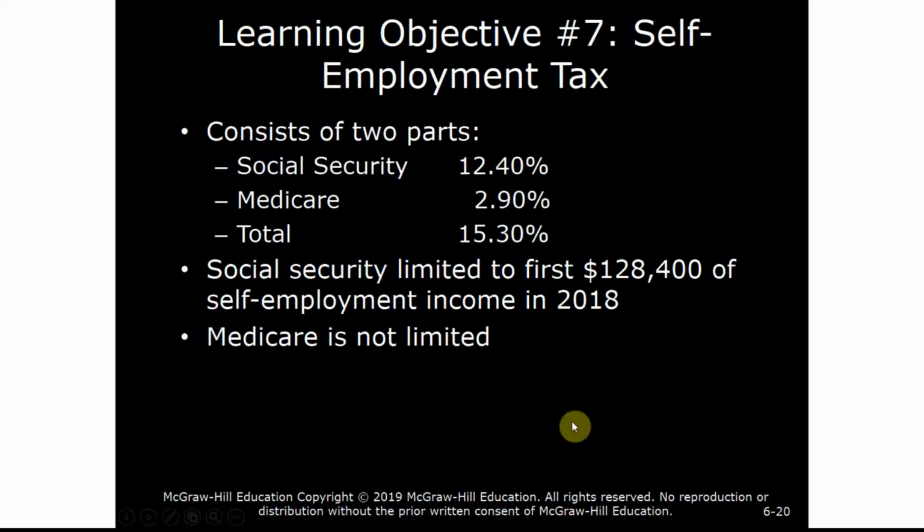If one is self-employed, they are responsible for paying both halves of Social Security, which is 6.2% for the employee and 6.2% for the employer portion. So they pay a total of 12.4%, plus Medicare at 1.45% for each of the employee and employer portions, and then the total is 15.3%. They are allowed to deduct half of that. The employer portion they can deduct as a business expense. The Social Security threshold limit has been raised to $128,400. So any income greater than $128,400 is no longer subject to Social Security tax. There is no upper threshold limit on Medicare.